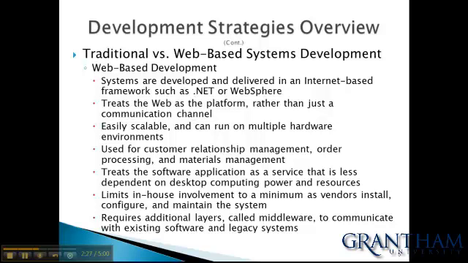It treats the software application as a service that is less dependent on desktop computing power and resources. It limits in-house involvement to a minimum as vendors install, configure, and maintain the system. And it requires an additional level called middleware to communicate with existing software and legacy systems.